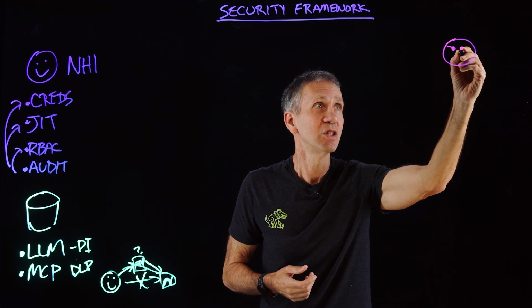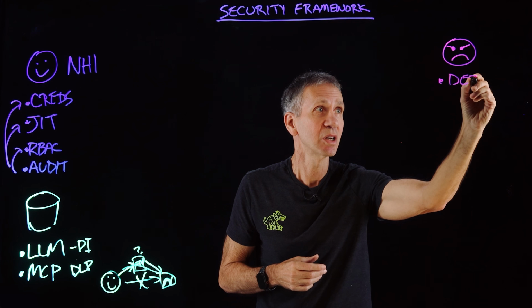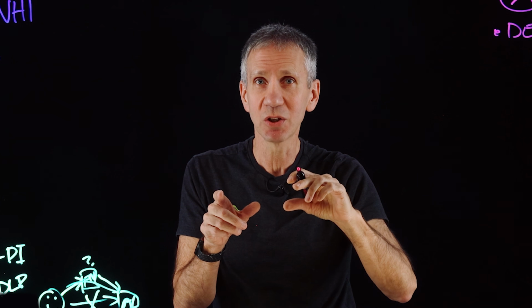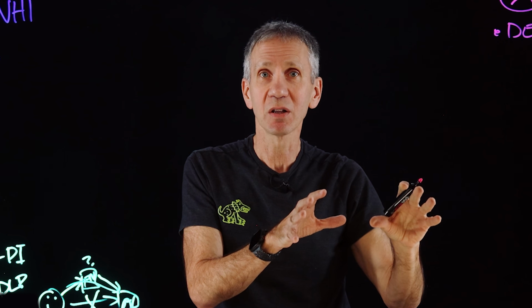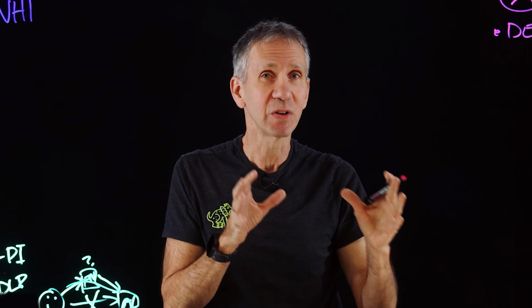Now, the next one that we're going to take a look at then is the threat case. So we've got these threats that are sitting out here. We need to be able to detect those threats in real time. That means I need monitoring capabilities that are seeing what the agents are doing, seeing the tools that they're calling, the services that they're using, and seeing what the effects of those are. And being able to look over time and understand if it's doing something that's abnormal, if it's getting too much access, if it's downloading too much data, if it's changing things that it shouldn't be. So I need to have alarms in place that will detect that.